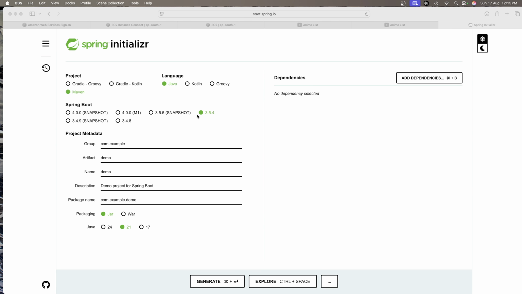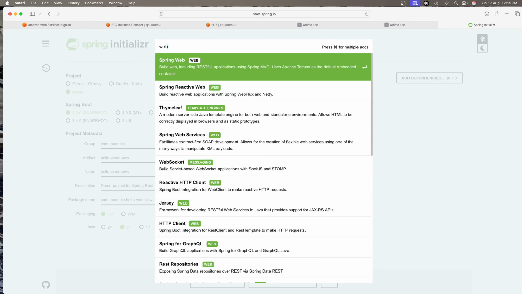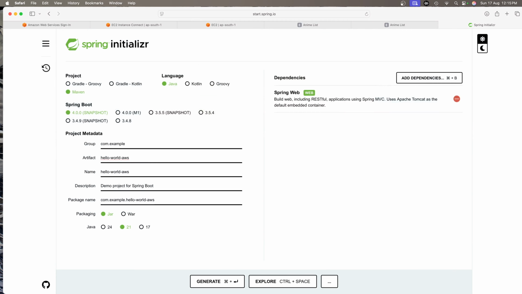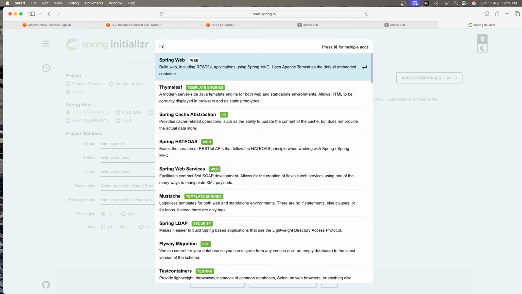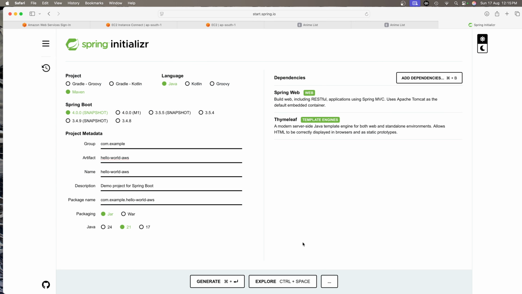So the default Spring Boot version for me is 3.5.4, but as we already know, Spring Boot has launched a new version, Spring Boot 4. So I'm going to go with this snapshot version, and let's name this hello world because we are going to keep this simple. And what do we need? We need Spring Web because we want to showcase a UI, and for UI you would need Thymeleaf, and we don't need anything else as of now. This is pretty much very simple. So click on generate